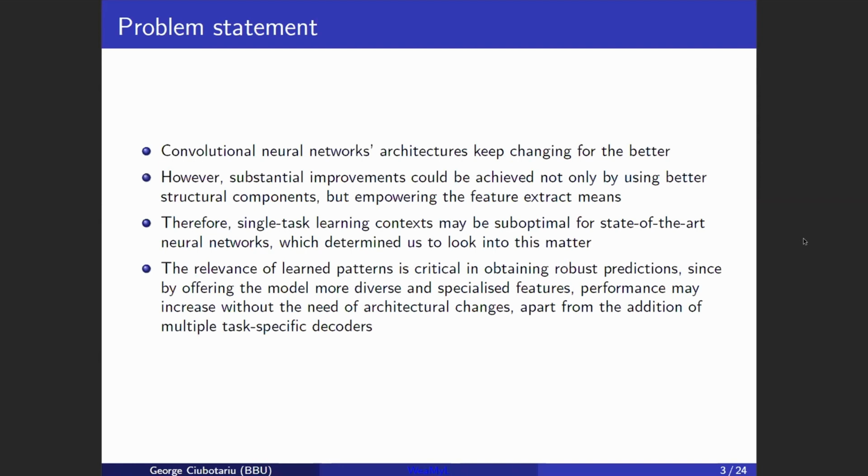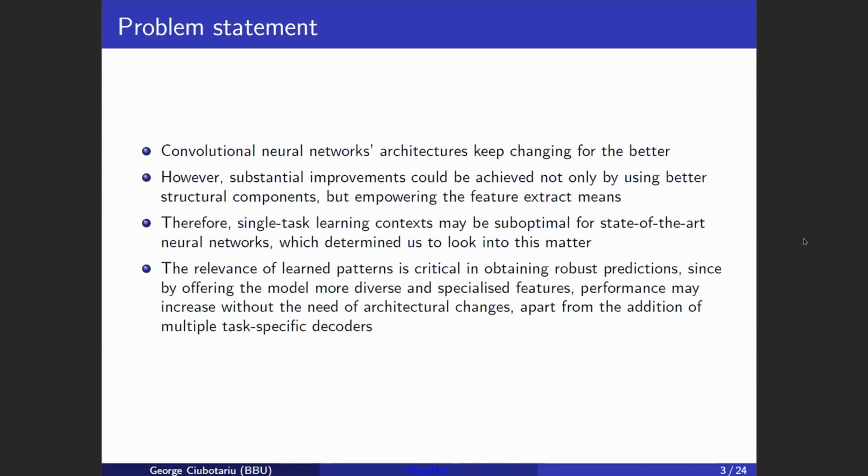However, these kinds of improvements may be insufficient in a way that we consider, because the problem itself of solving some dense tasks, which suppose that we predict a whole mask of pixels or something like this with the same resolution as the input image,